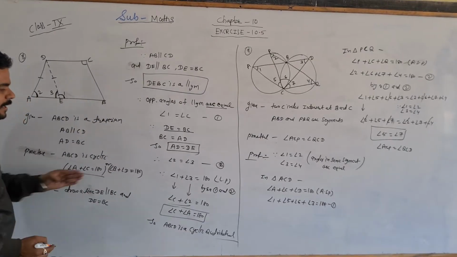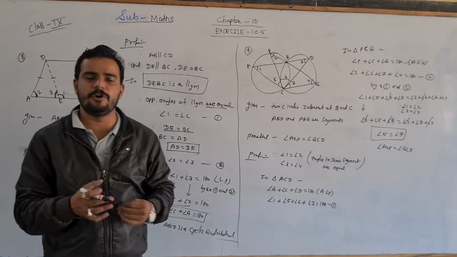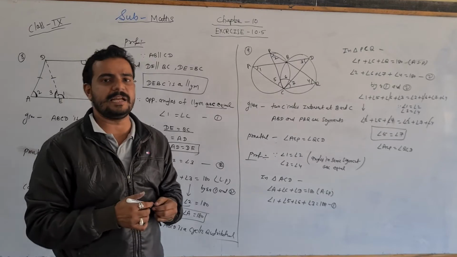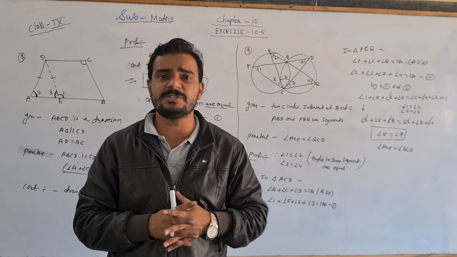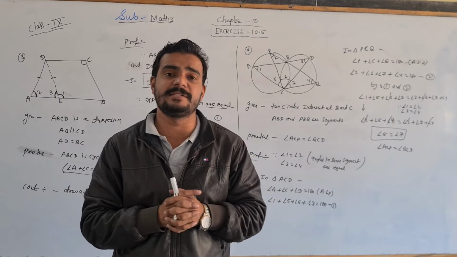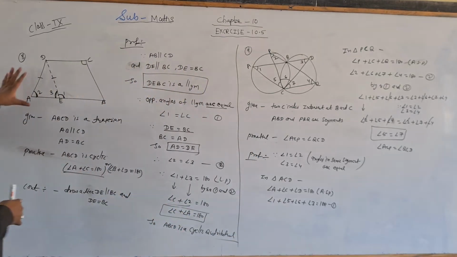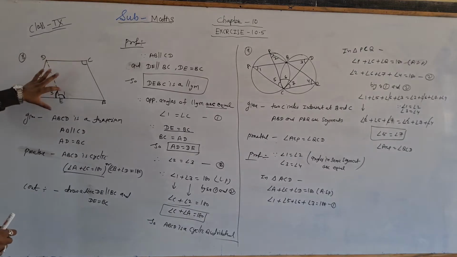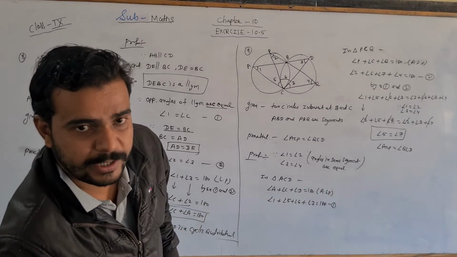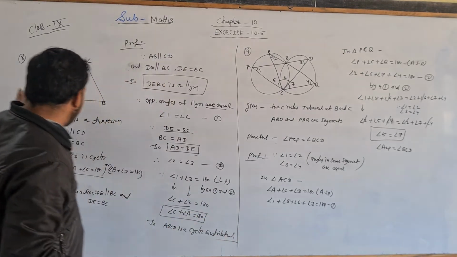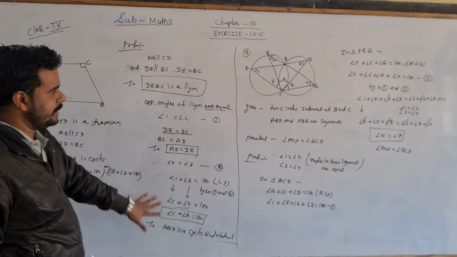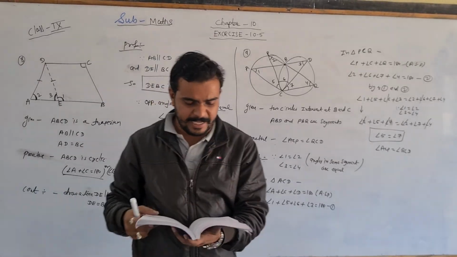So this is done, and we don't need to find the other pair; similarly it will happen automatically. So wherever we have to prove a quadrilateral is cyclic, we just prove that the sum of opposite angles is 180. It means here we made this angle equal to this angle, then after the linear pair we just place the values of 2 and 3, and then we get a cyclic quadrilateral. So we can say that ABCD is a cyclic quadrilateral. I hope you understood. Next question number 9 will be like this.